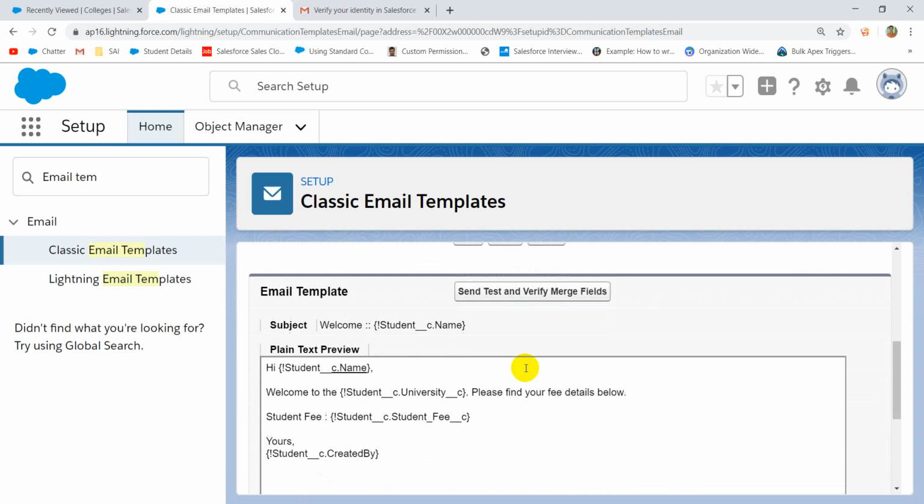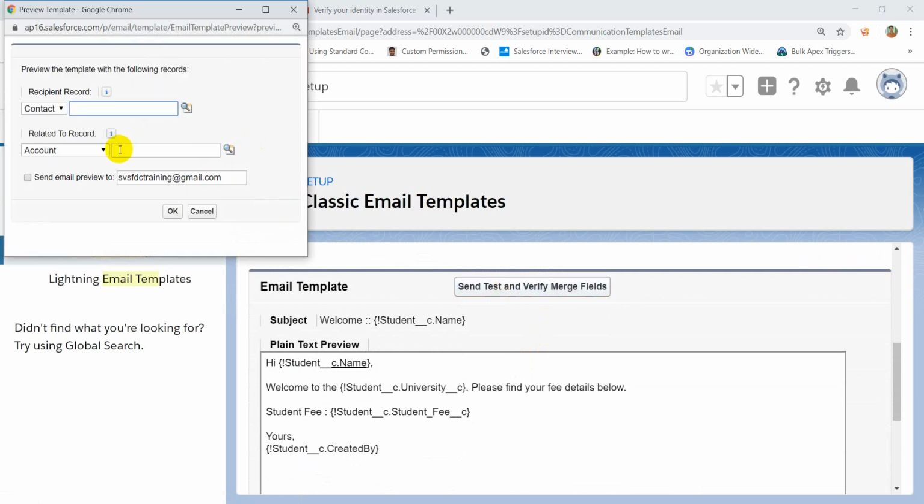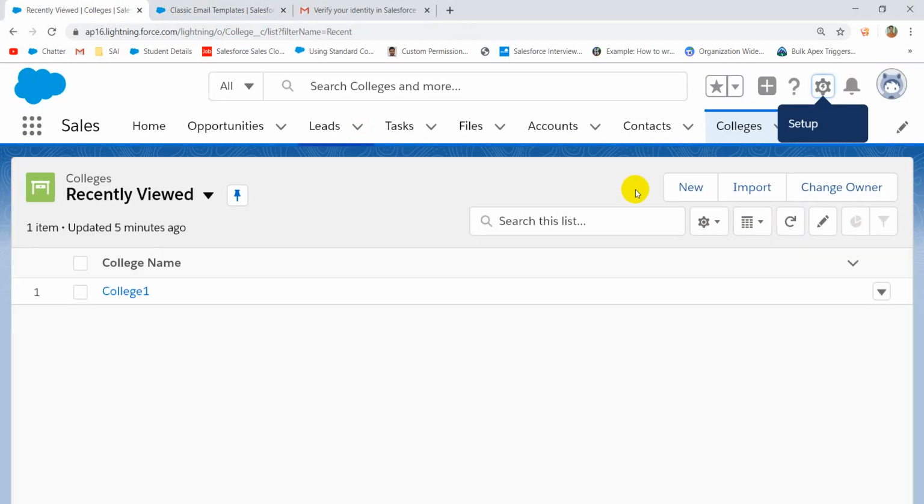Okay, so once you save it, let's say you want to see how the record will be displayed. Say sample. Use the send test and verify merge fields. Select the student fee, student. First, what you need to do is